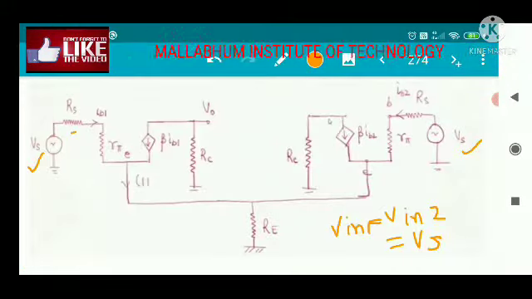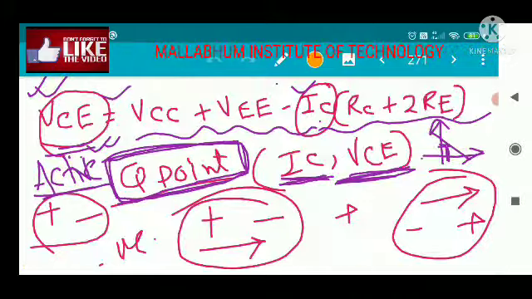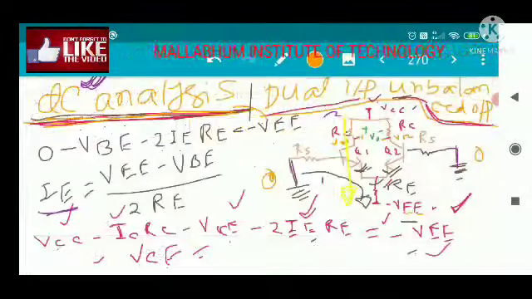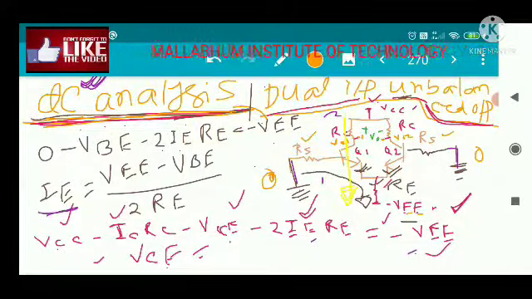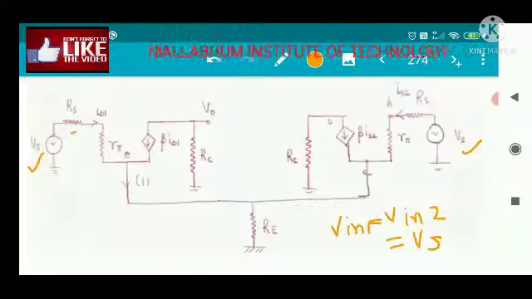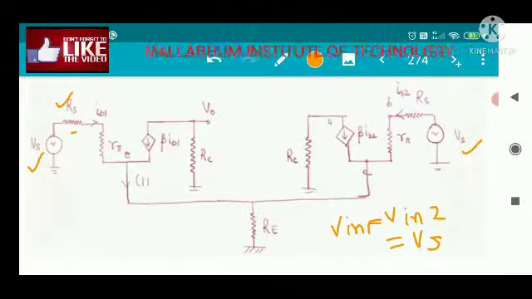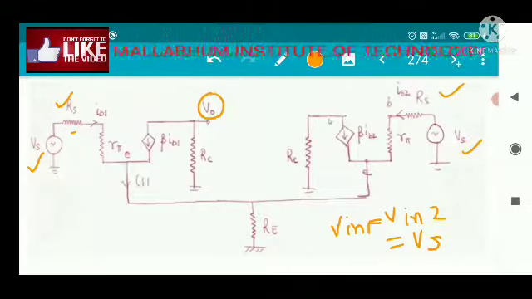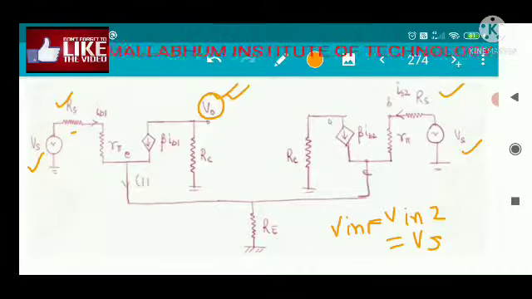Next, this RS is there. You can see there is a resistance. This resistance is RS, this resistance is also RS, both are present. Now there is an output voltage. We will only consider one output voltage, and this circuit is for the dual input unbalanced output. This is dual input and unbalanced output signal. So for that purpose we have only considered the one output signal, we are not considering the two output signals.